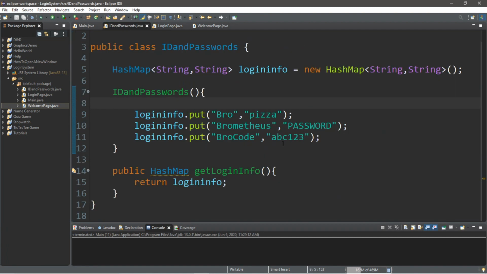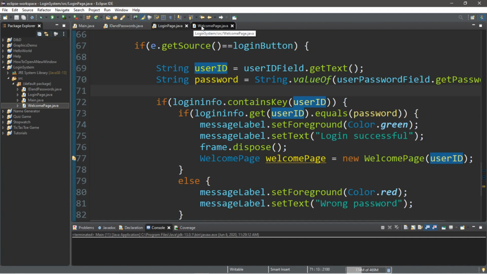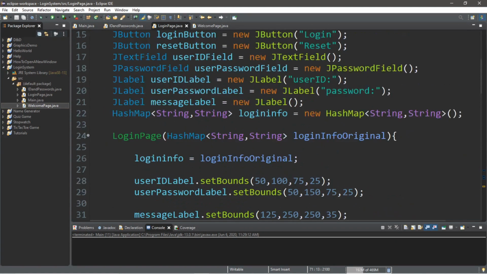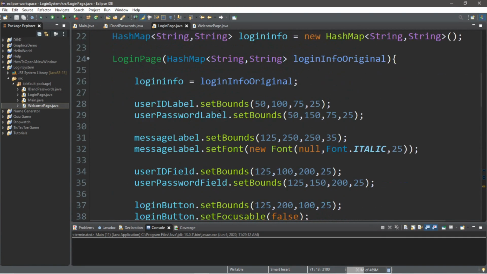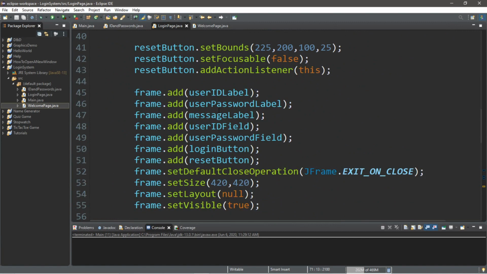And someday, as you become a more advanced Java developer, you can always change this program where you could query a database or locate user IDs and passwords on a file somewhere. But this is only using what we've learned so far, and I would say it's pretty successful. So if you'd like a copy of all this code, I'll post it in the comments down below. And well, yeah, that's how to create a login page using Java.